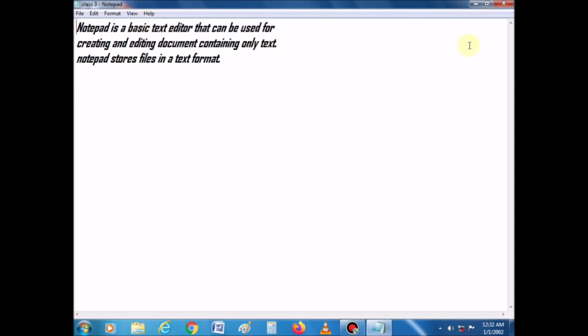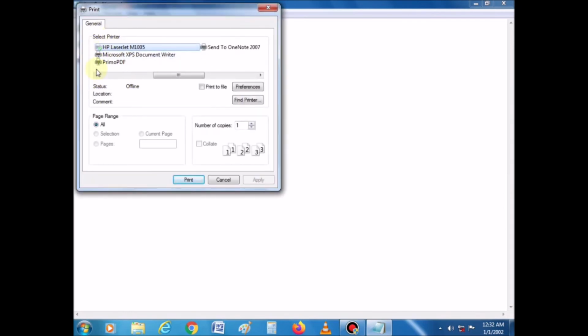Now I want a hard copy of my document. How we can take? When we have finished our work, we can take the printout of our document. To print a document, click the file menu. You can see here the print option. Now click on that print option, and after clicking on that, print dialog box appears.